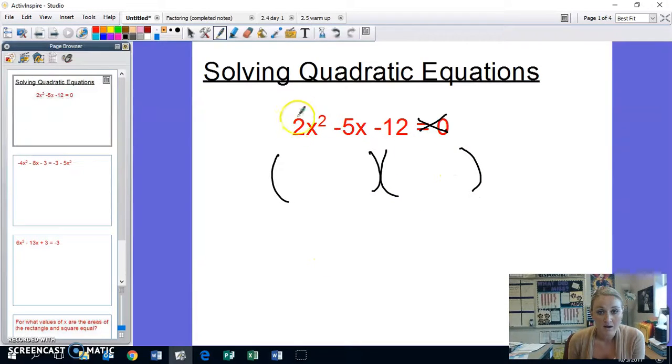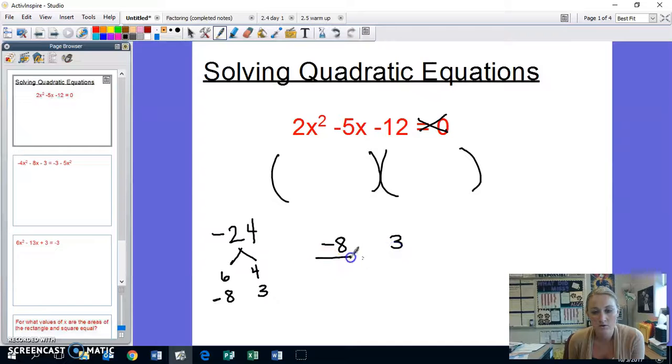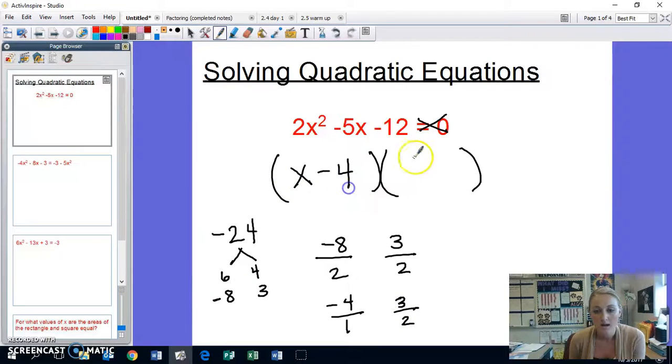So I will take my a times c term, because there's no GCF between 2, -5, and 12. So I need factors of -24 that add to -5. So I have 6 and 4, 8 and 3. Okay, so this is what I want to look at. I need a -5, so I have a -8, a +3. Those will become my numerators. Denominator is the a value, so I have -4 over 1 and 3 over 2, so x minus 4 and